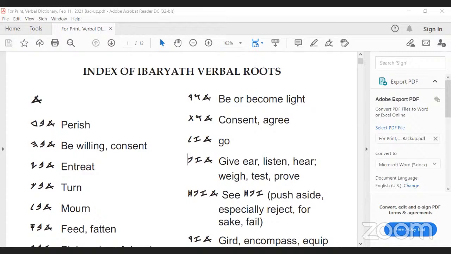So it'll have every Ibaryath verbal root. Now, this is the language that our ancestors spoke. And remember, Phoenician Hebrew, this is the Paleo Hebrew script, so you could say the Phoenician Hebrew writing system. Sometimes people are sticklers about the terminology. So now you know, I just told you, pictographs can be